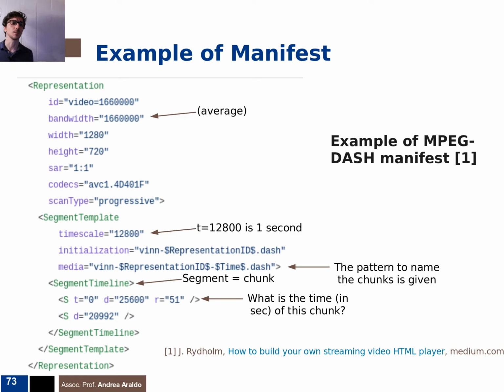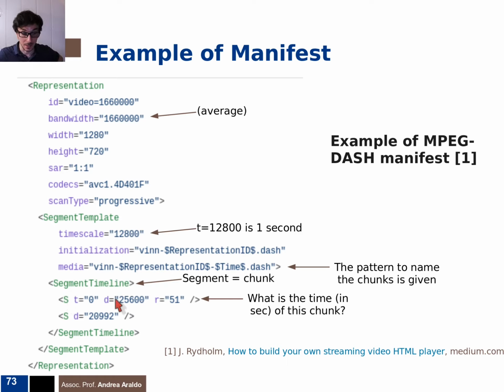This is an example of a manifest. So you see we have a name of the video, then the average bandwidth, bits per second, the resolution, the aspect, so this is a squared video, the codec, and other information. Okay? And then we have a sequence of